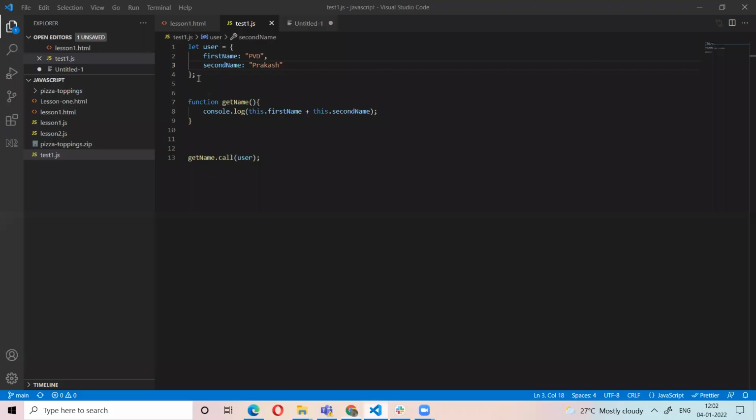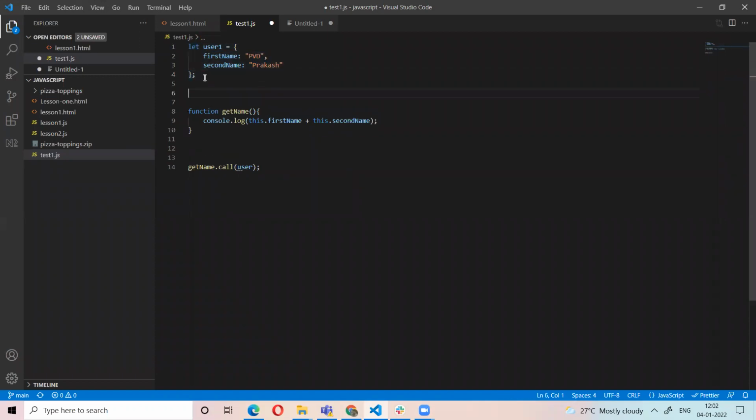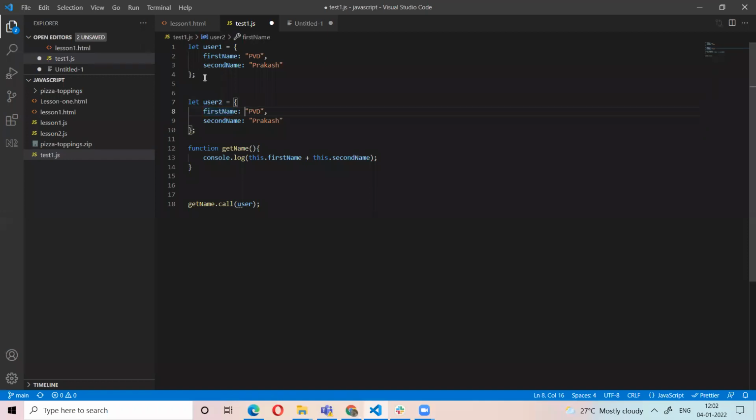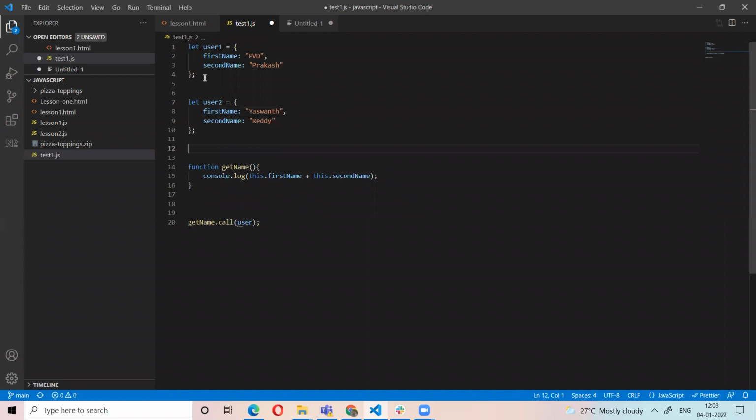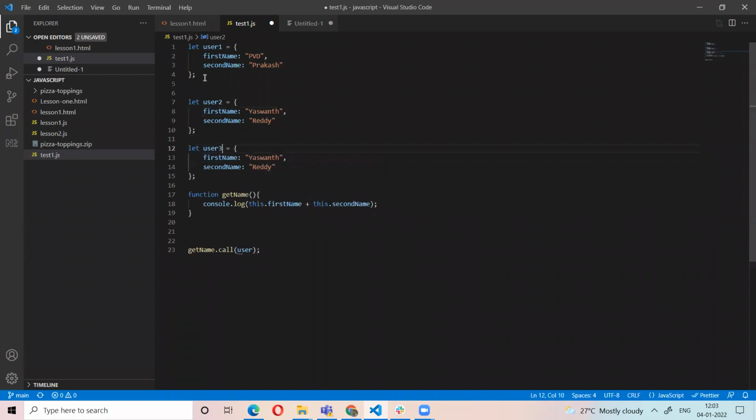For example, I have another object. This is user one. I have the other object, so I have three objects now.